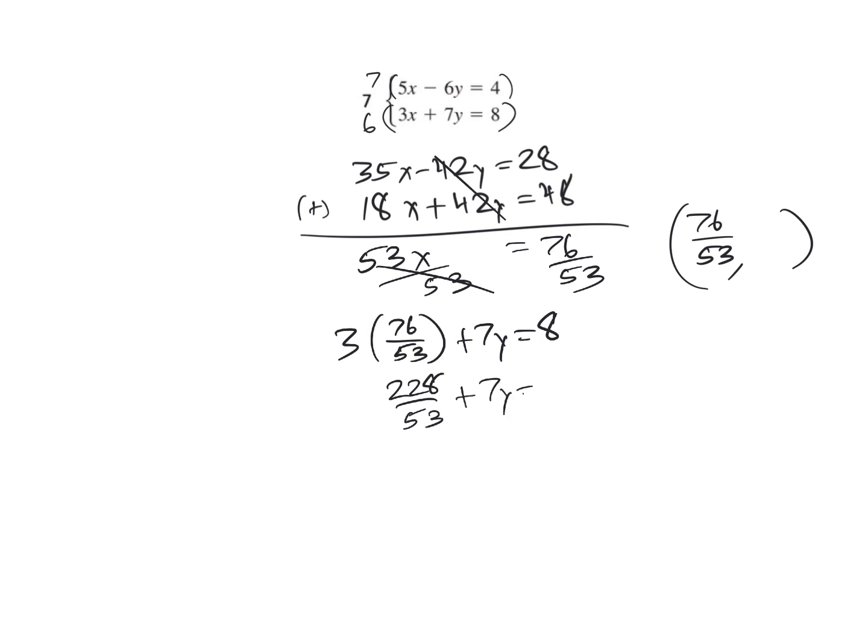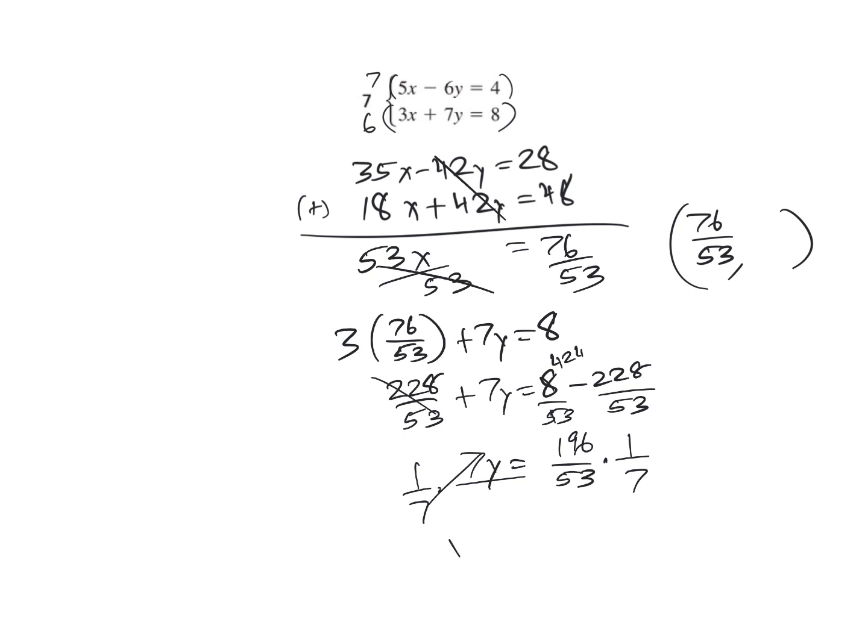Plus 7y equals 8. So we're going to subtract 228 over 53 to the right. So multiply by 53. And 53 times 8 is 424. So 424 minus the 228, we get 7y equals 196 over 53. And we divide by 7, or we can multiply by 1/7. It's the same thing. So y equals